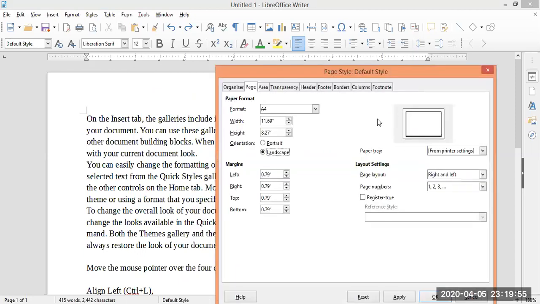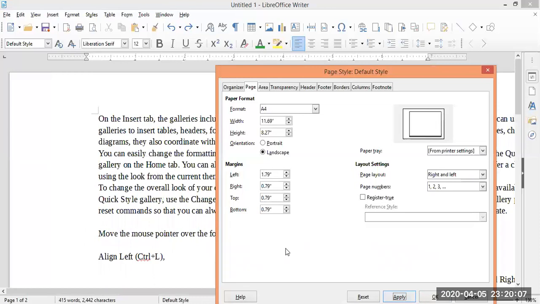If we want to change the left margin, like I want to increase this left margin, then click on apply. See, now you can see the change in the left margin. Likewise, you can make changes in right margin, top margin and bottom margin also.